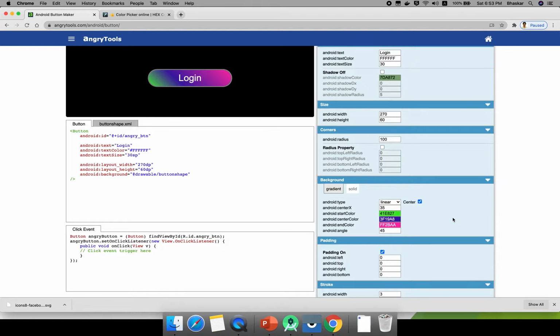If you want to mix these three colors at a different angle, you can rotate the angle however you want. This is one way you can define your colors, and this is the center, where exactly you want it. So these are gradient colors. I hope you understood the background, gradient and solid.